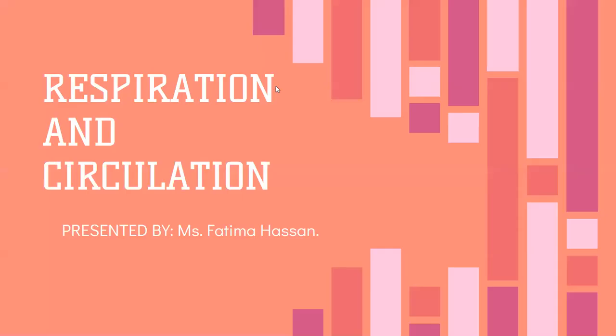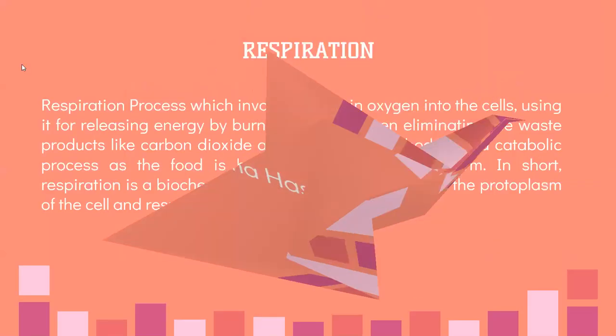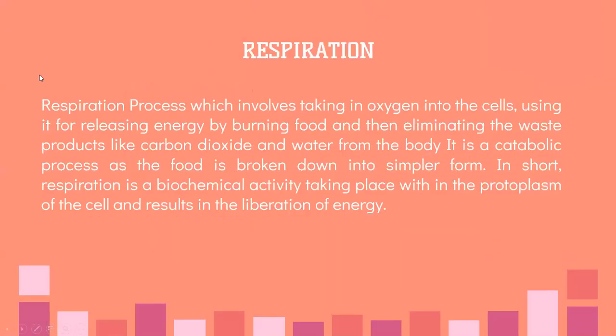Okay, so our second chapter is respiration and circulation. Respiration is a process which involves taking in oxygen into the cells, using it for releasing energy by burning food, and then eliminating the waste products like carbon dioxide and water from the body. It is a catabolic process as the food is broken down into simpler form. In short, respiration is a biochemical activity taking place within the protoplasm of the cell and results in the liberation